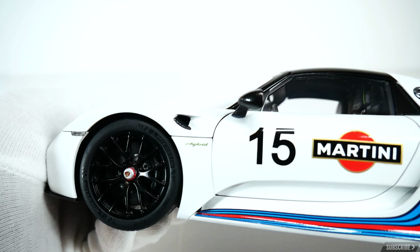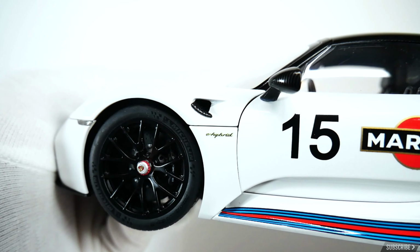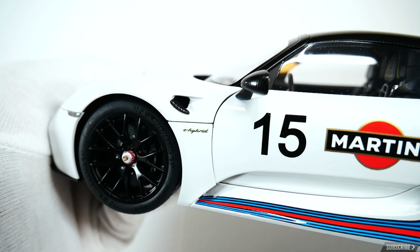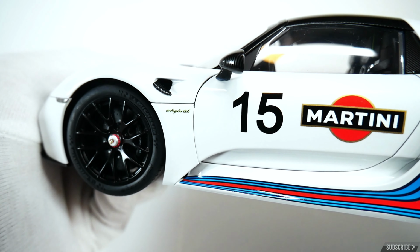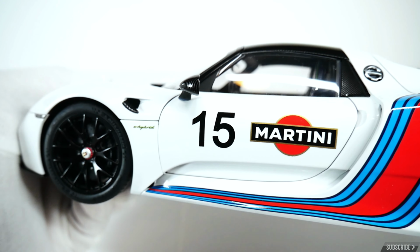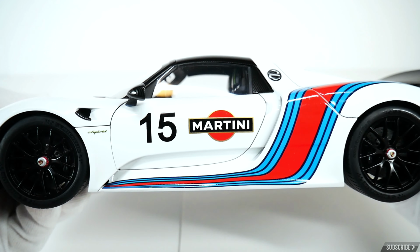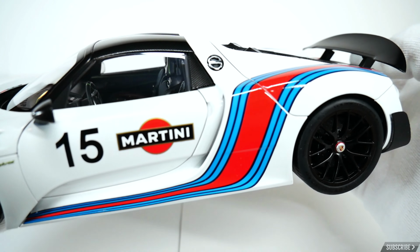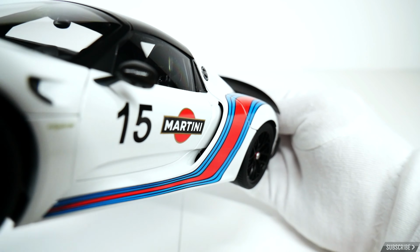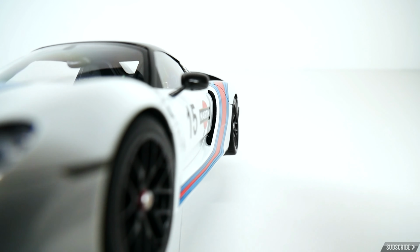It's nice to see. Moving down, they have that nice acid green E-hybrid logo and a little touch of more carbon fiber in that side inlet in the fender. Nice little cooling duct, I think, for the brakes, the airflow to cool the brakes even further. Nice livery down the side with Martini, that massive stripe, and then I don't know if you can see it, but when you go down the side, and I'll try to show you here, right in here,